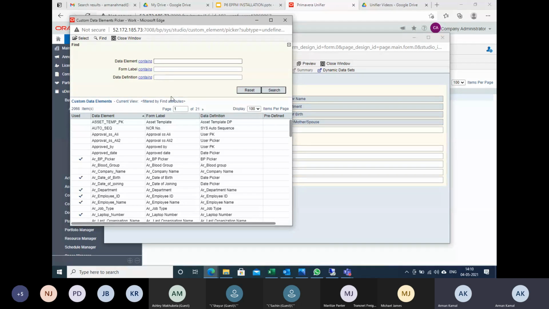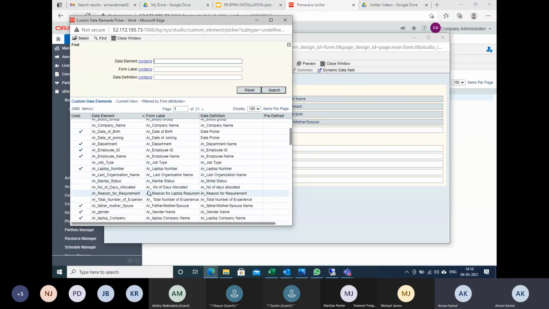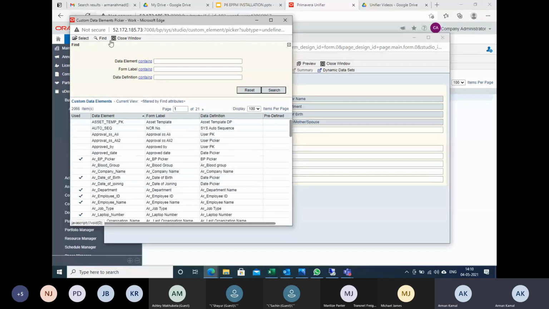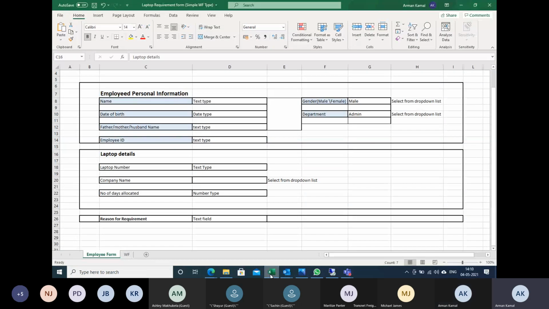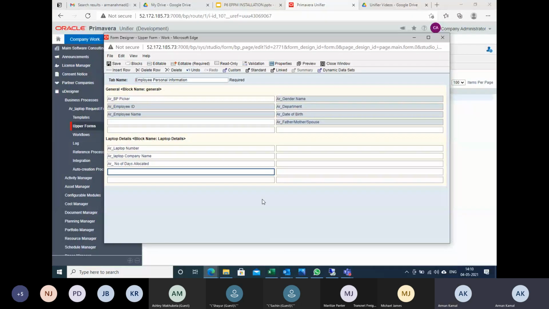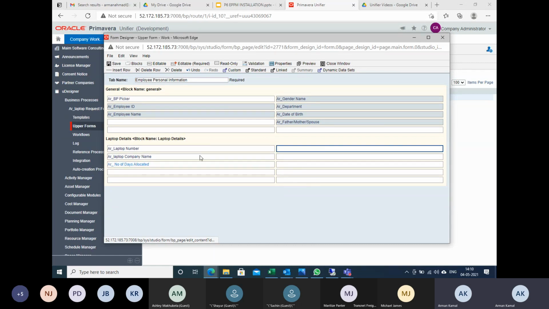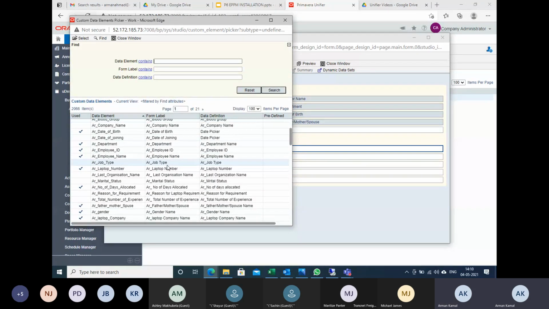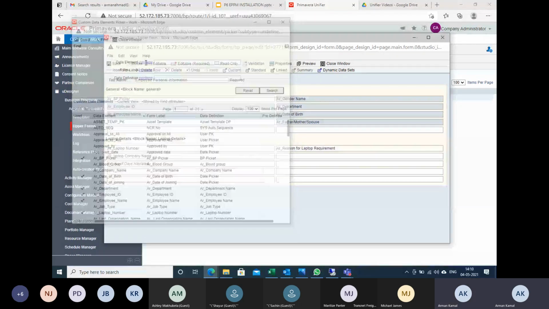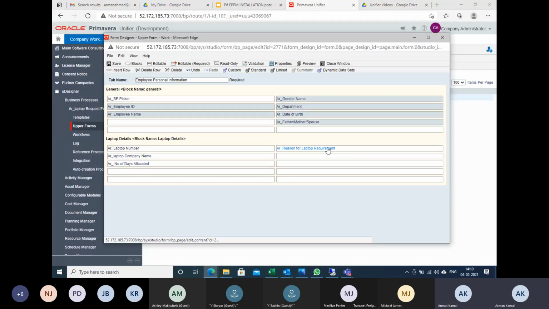Go to the custom number of days allocated, select this, close that. Now what is the next field? Reason for requirement. I have selected that. Now I will save this.